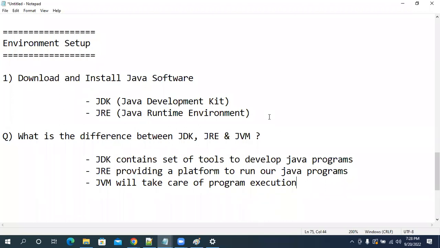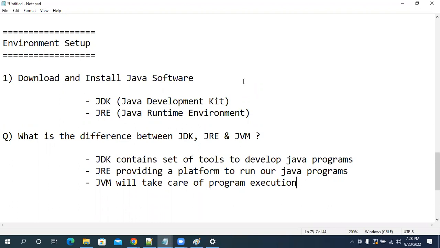Next one. Here guys, once you install Java, directly we cannot use it because I installed Java in the Windows operating system. Windows operating system is one software. Java is also one software. In the Windows machine, I installed my Java, but Windows cannot identify where exactly that Java got installed.